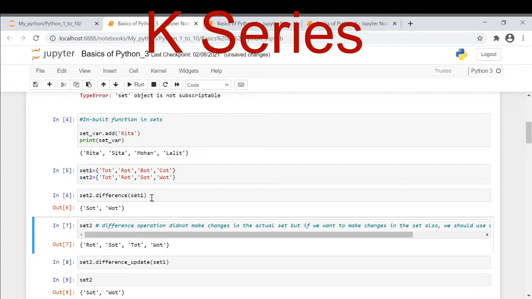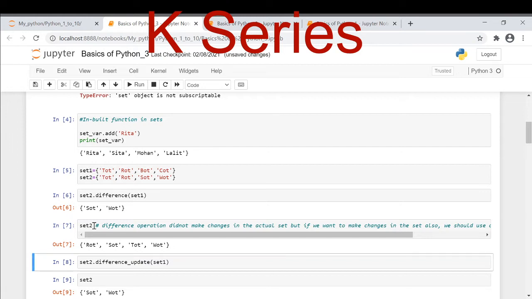Now the difference operation did not make changes in the actual set. If I again type my set 2, it will show all the items intact. I have performed the difference operation here, but even then after the difference operation, it is not showing any changes in the particular set. So if I want to make changes in my set also, then I have to use the difference underscore update function.